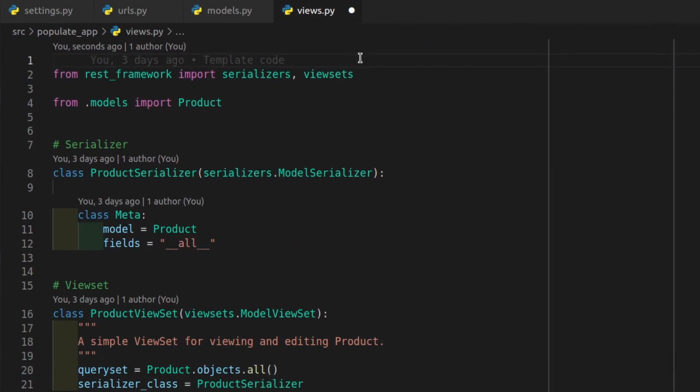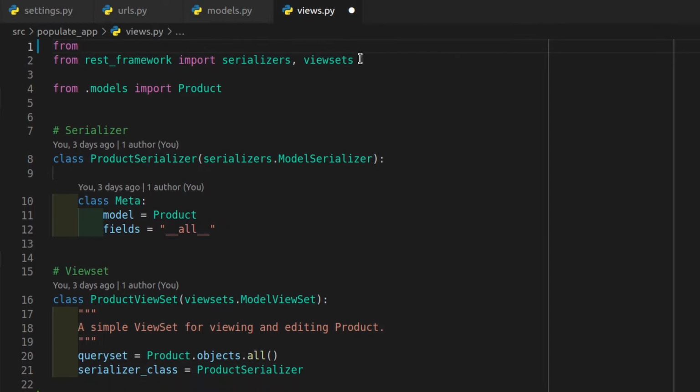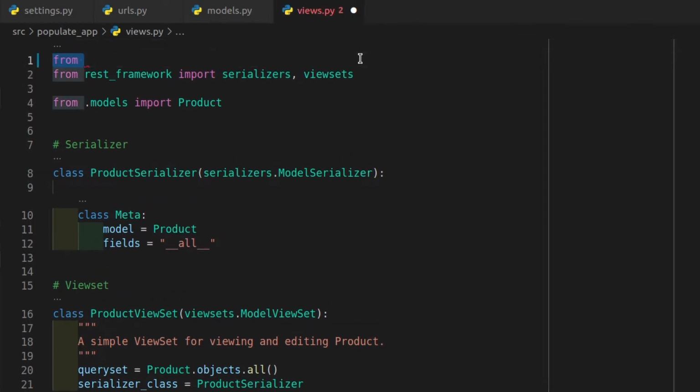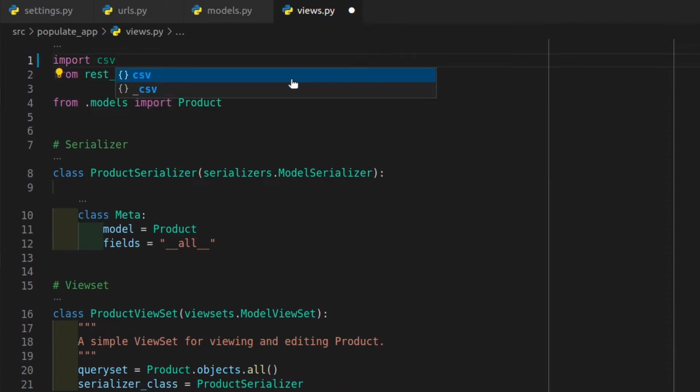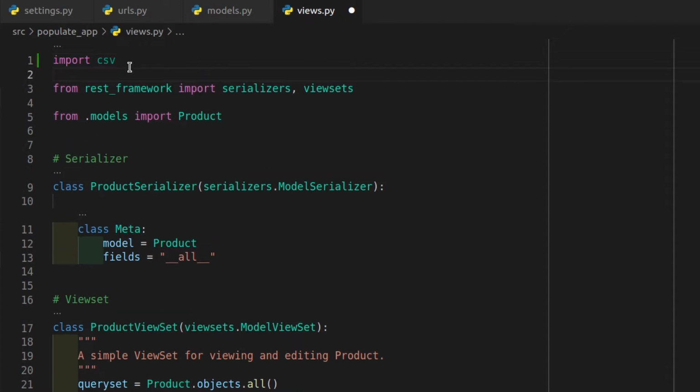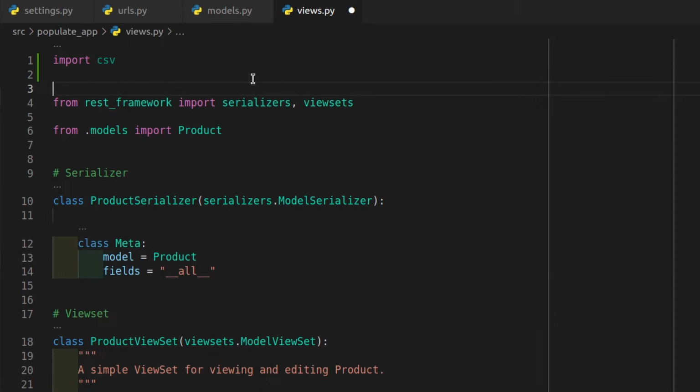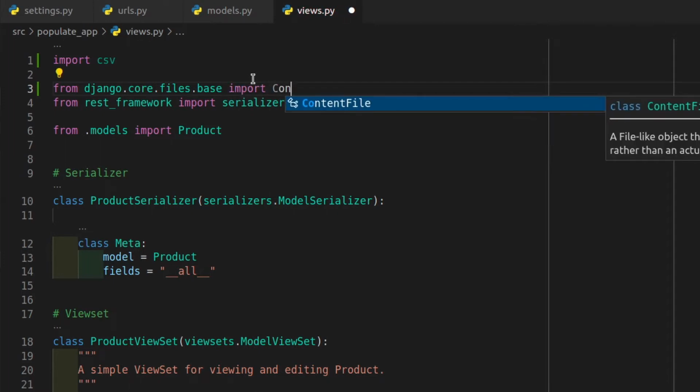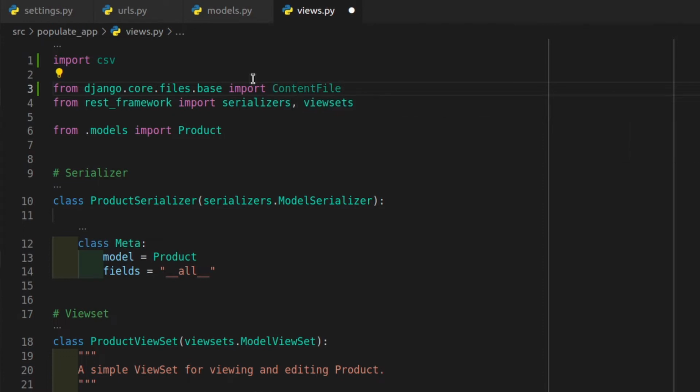We have to import a few things. Since I'm going to use CSV, I need to import csv. This is an inbuilt one, so we don't have to install this package. Then we also need a few more things. From django.core.files.base, I'm going to import ContentFile.